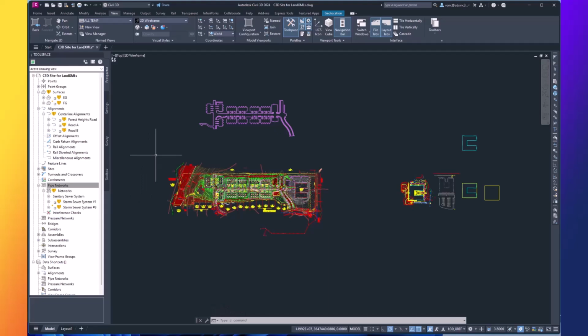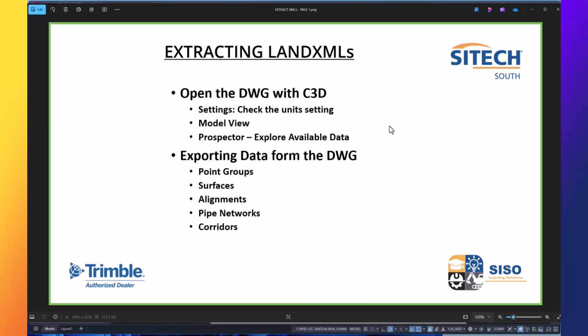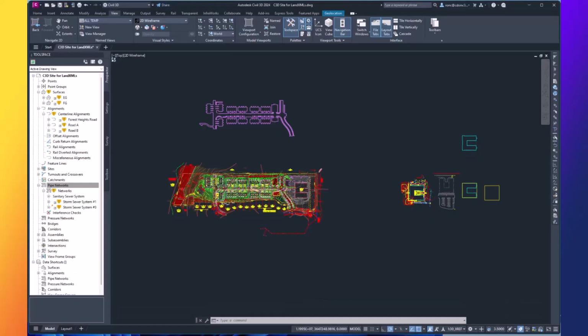So our initial objective was to start Civil 3D, bring our drawing in, and also one other thing, I don't think I mentioned it, that I have here in the thing, is we're in model space. We do pretty much everything in model space. If there's a lot of paper space out here, I usually delete them because that's more for plotting, and it usually does not have actual critical data for the project. So we live in the model space,